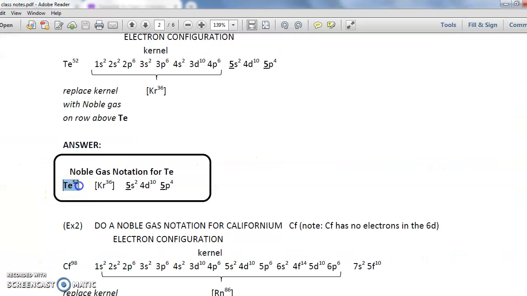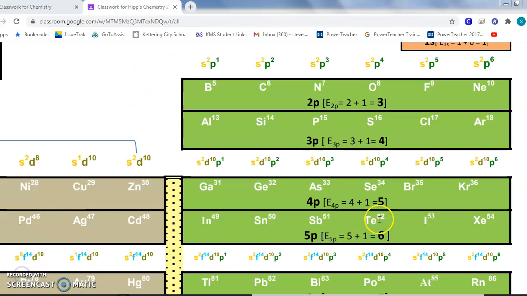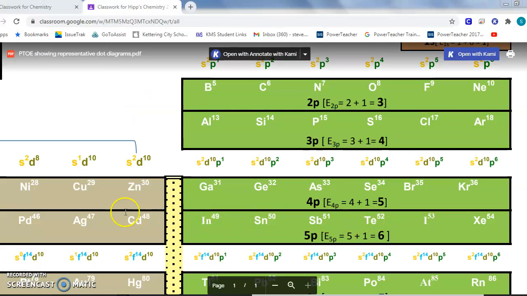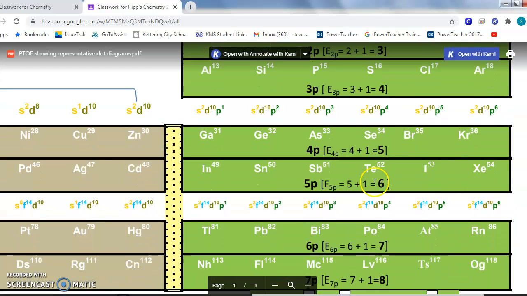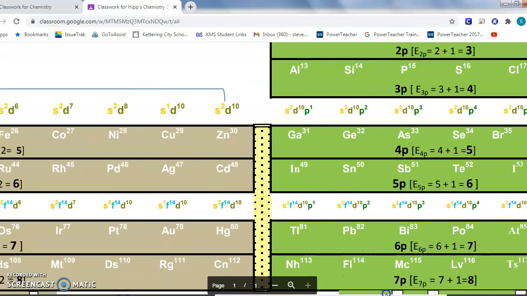So we would write tellurium 52 right there, and then we need to go to the row above tellurium and find the noble gas on the end of that row. If I get lost, I can follow the numbers backwards till I hit a noble gas. A lot of people like to do it that way. So there's tellurium, and we can go straight left, counting the numbers backwards, 51, 50, 49,